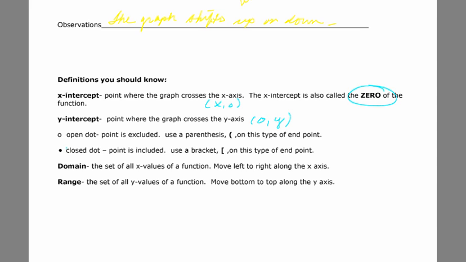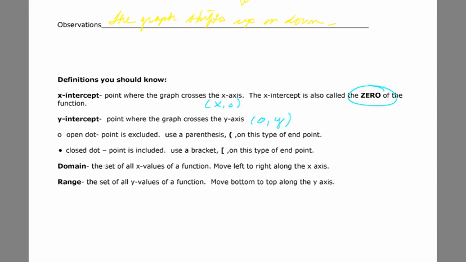An open dot on a point means the point is excluded, and we use a parenthesis on that type of endpoint when we start working with interval notation. A closed dot means the point is included, and we'll use a bracket on that type of endpoint, again, when we use interval notation. And we know domain and range,